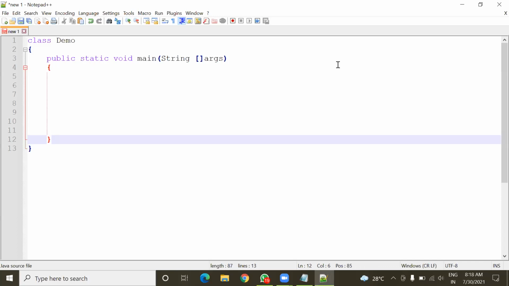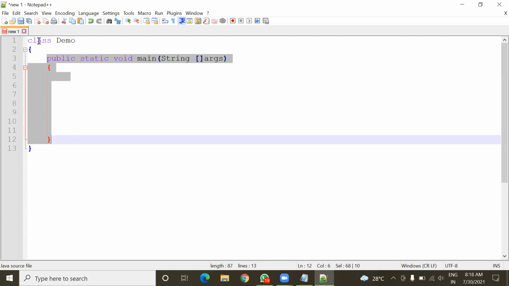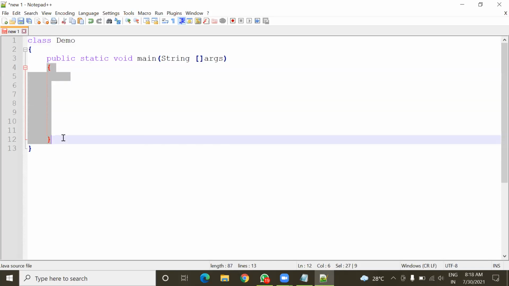Now listen once again. In every Java program, there will be at least one class, and inside the class there will be a mandatory main method. This main method, or this whole main method, is a part of this demo class, and again, this main method has its own block.